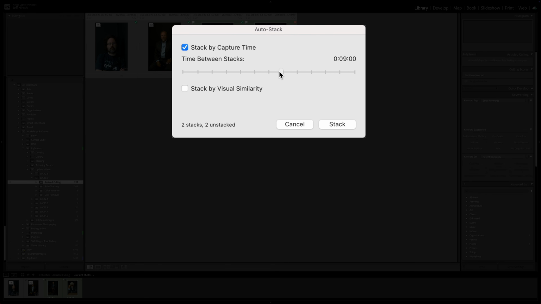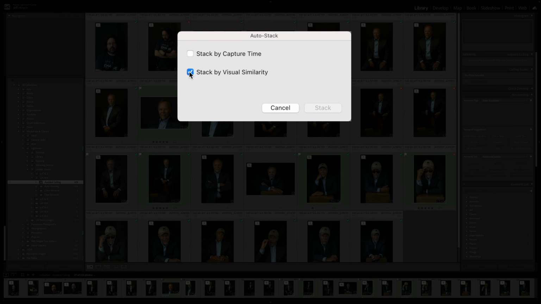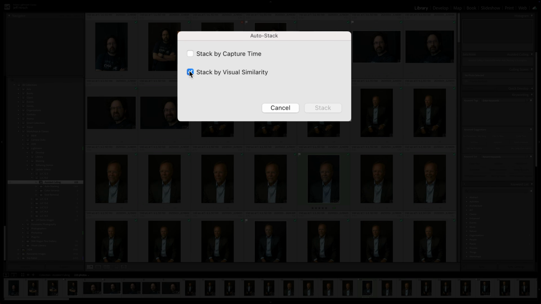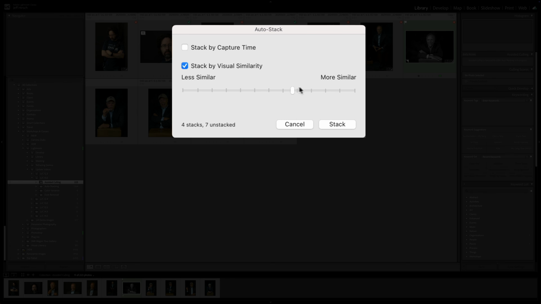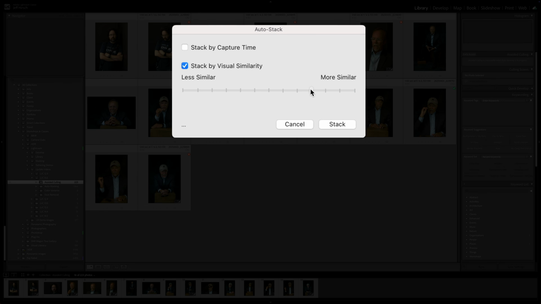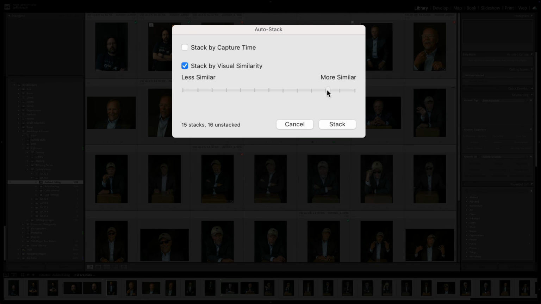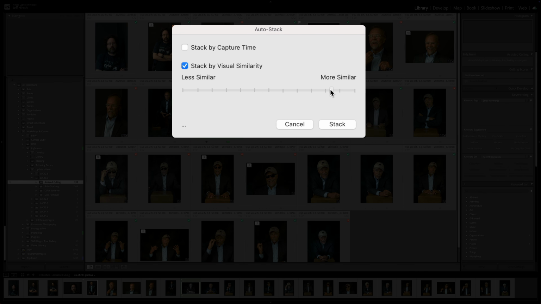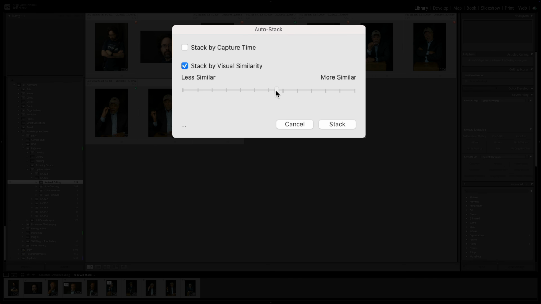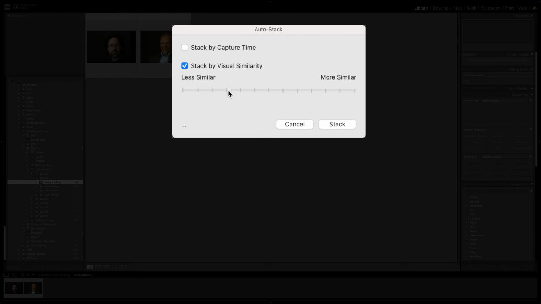If you stack by visual similarity, you'll use the slider to choose the amount of similarity that's used to determine the stacking. The more you move your slider to the right, the more similar photos will need to be to each other in order to appear in the same stack. As you move it to the left, the less similarity will be required for images to appear in the same